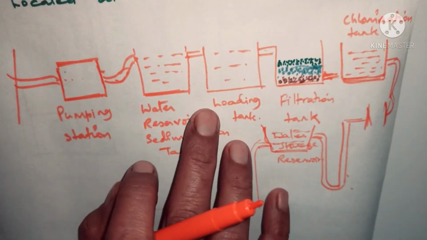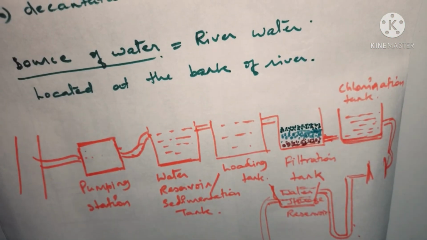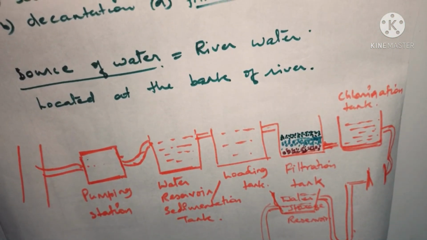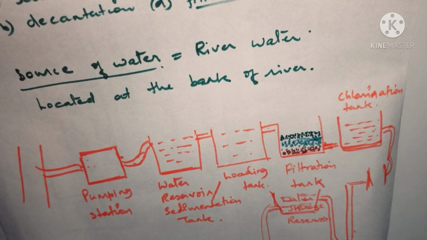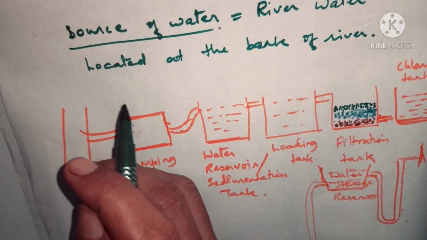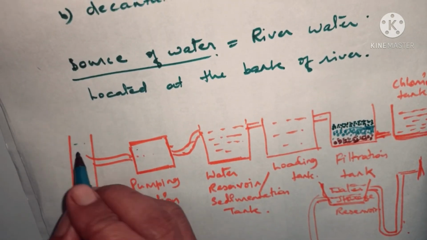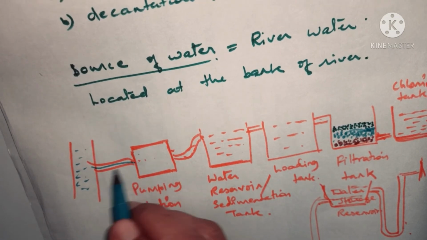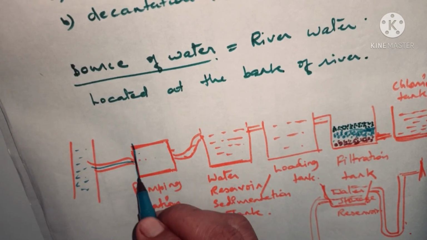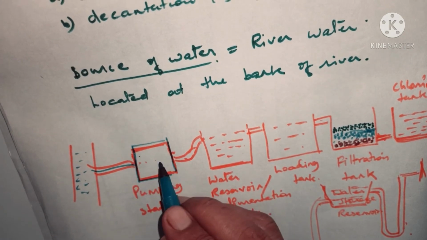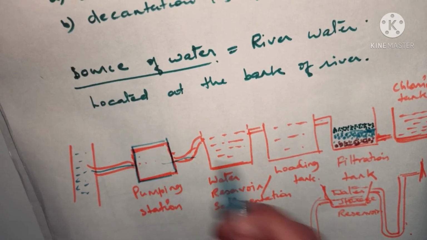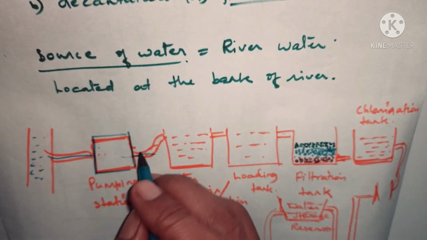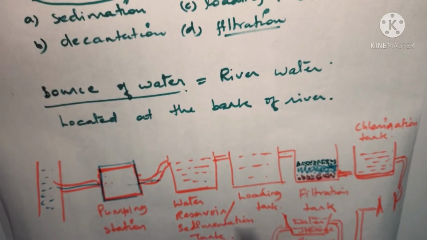Now, this was only the picture, the process through a diagram, that I wanted to show. Now let us try to understand what actually is happening in all the cases. In the very first case, as I told you, the river water was pumped to pumping stations first. From these pumping stations, this water was allowed to pass through pipes to move to the tanks.